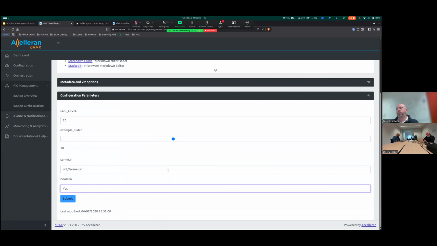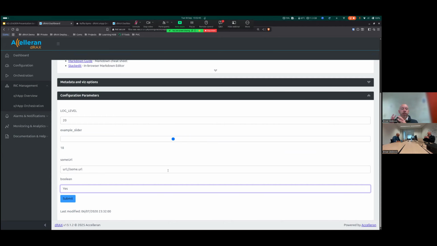One of the interesting bits here is that these configuration parameters are runtime configuration parameters, not deployment-time configuration parameters. This means that from this page, or using APIs, you can change these configuration parameters and they take effect immediately in your xApp. So think of it in this way. Let me give you an example of one that I had.